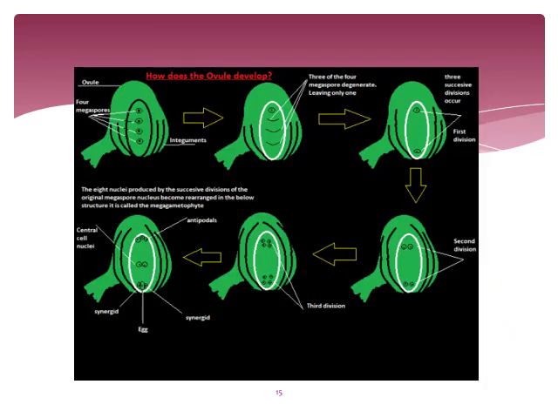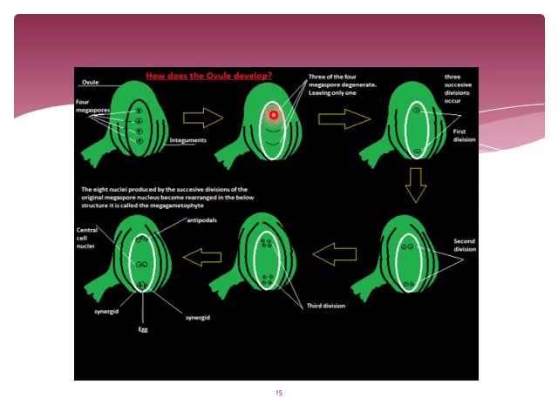Here we have another image that is showing the complete development of the ovule, along with the development of this central portion which is known as embryo sac. Here you can see that these are the integuments which are enclosing this nucellus portion, and this nucellus portion contains an inner region where megaspores are present. These megaspores are 4 in number, and out of these 4, 3 degenerate, and that leaves only one